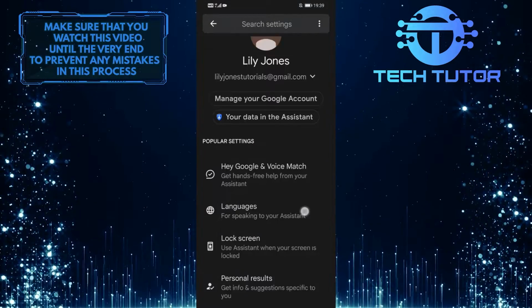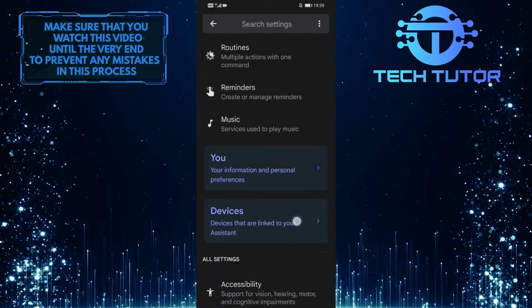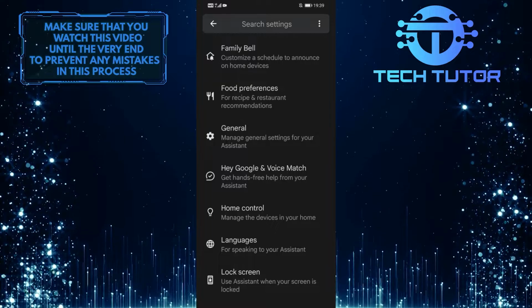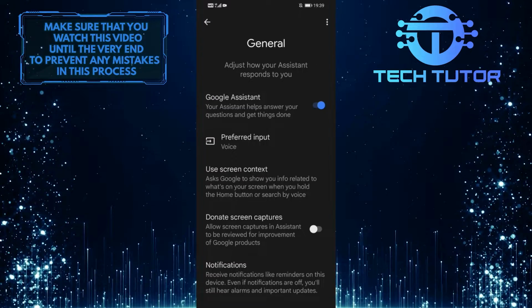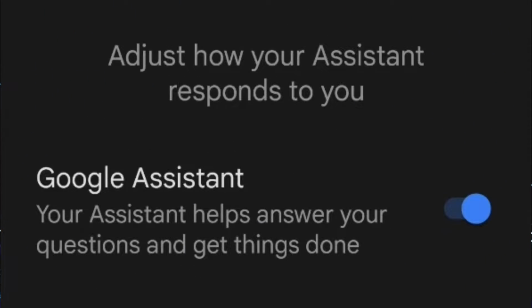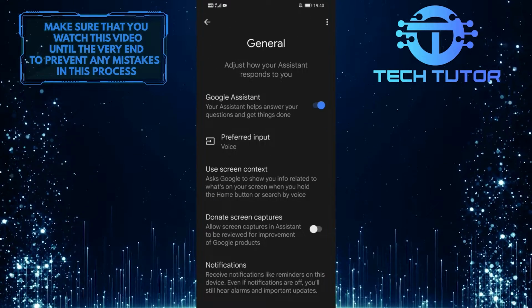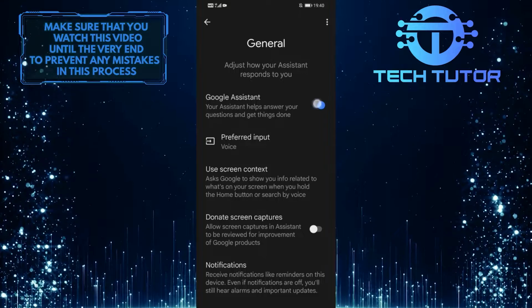After that, simply scroll down until you see an option called General. Once you find it, tap on it. And then you will see that the very first option is Google Assistant. So in order to turn off the Google Assistant on your Android device, simply toggle this off and it will